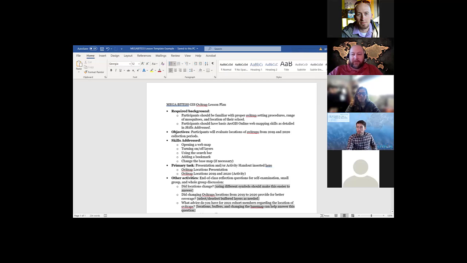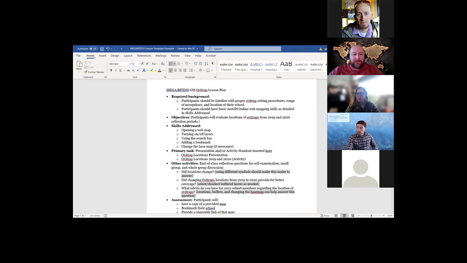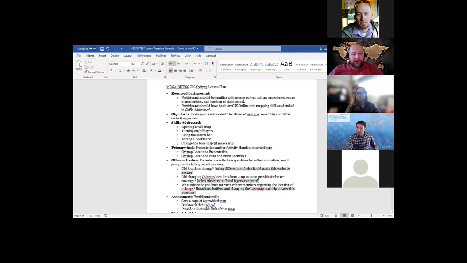And I'm just doing this because I know later on there's going to be a discussion on a GIS lesson plan. And I just kind of put this together with the format that we provided last summer as an allegory for you to show you that this is how I would do it. And turn it in. But basically, the objective with this web map is to evaluate the locations of your overtraps between the 2 years.